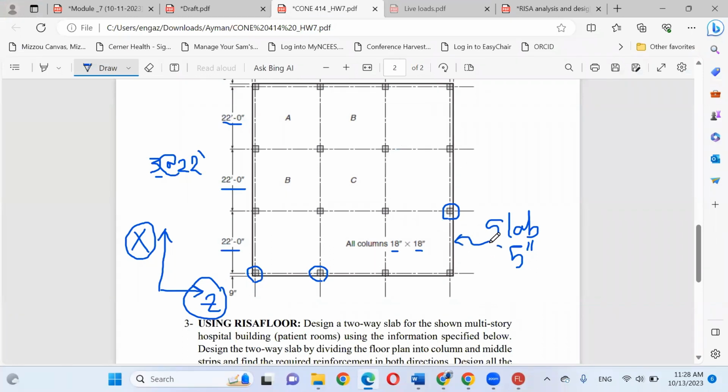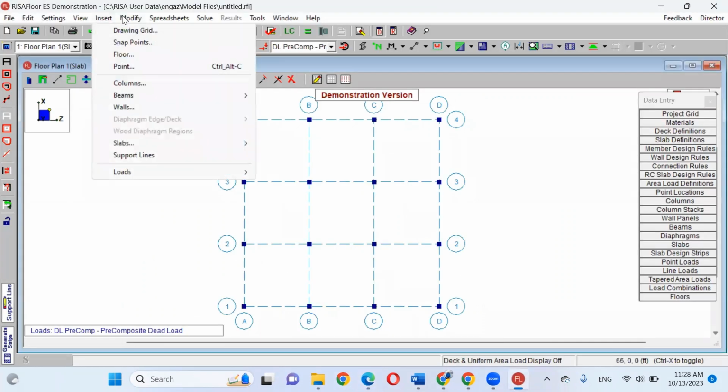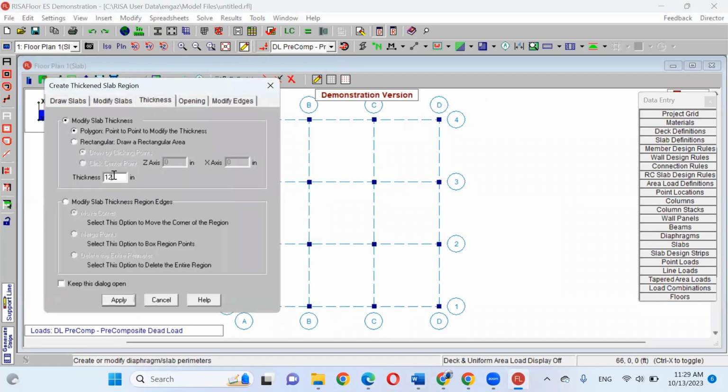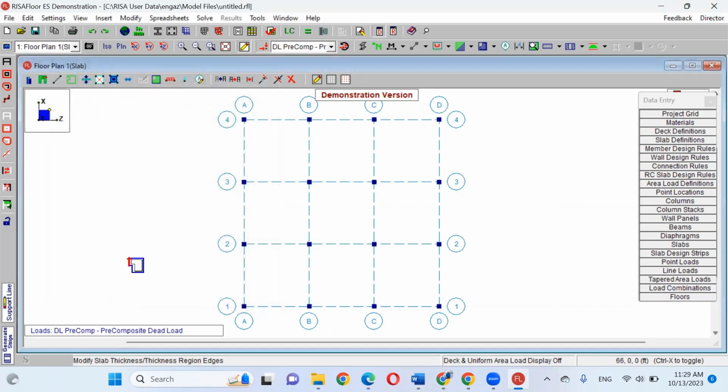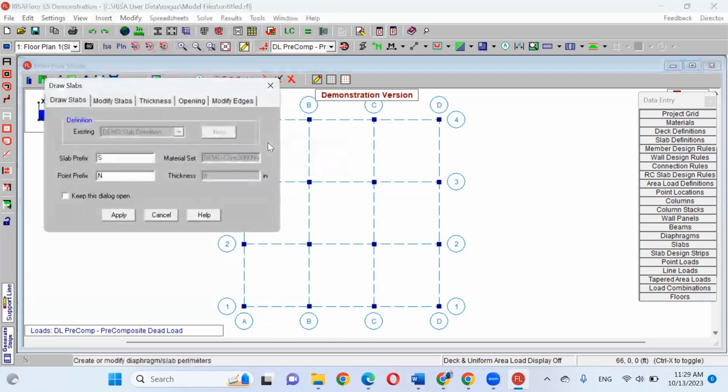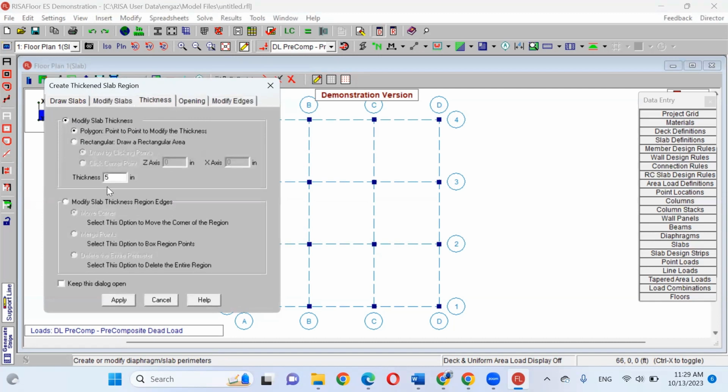I need to draw my slab. From insert, we have something called slabs. I will define the thickness of your slab, which is 5 inch. Apply. I'm sorry, one more time: insert, slabs, your thickness is 5.